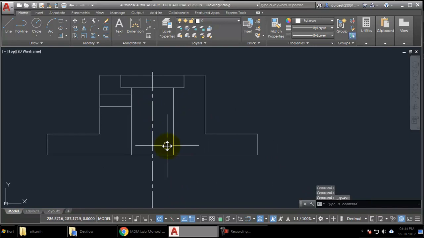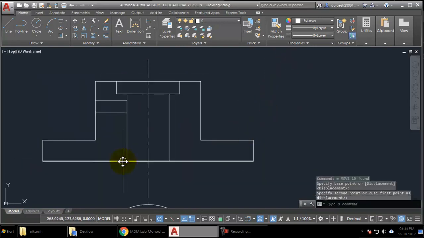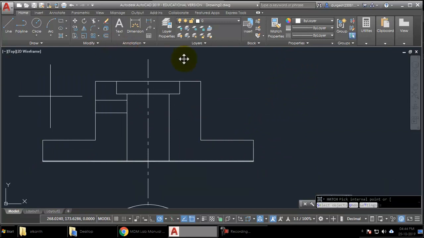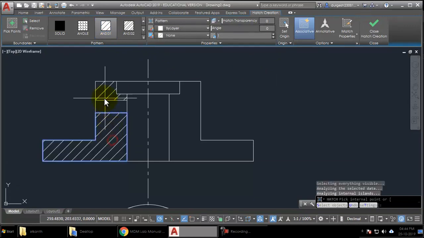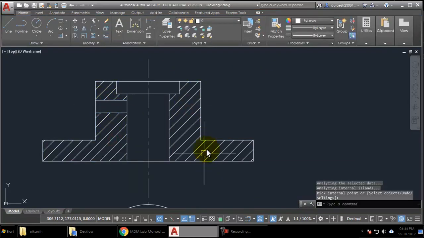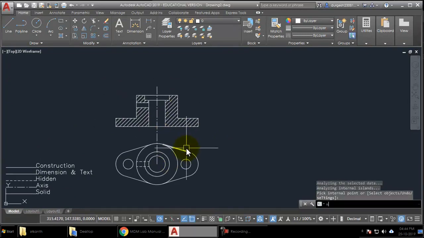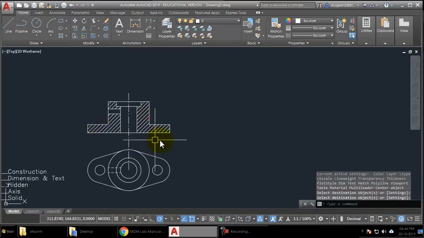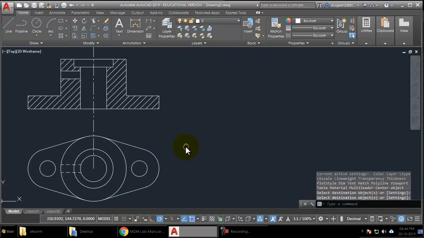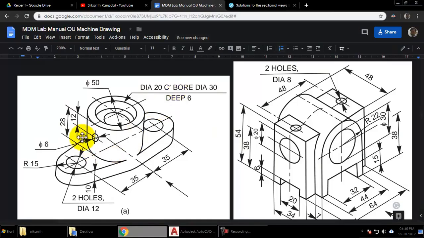Fine. So just to make it complete now, what you can do is make the hatch. So hatch, H, enter, and you have to choose ANSI 31 as the hatch pattern and hatch it. Fine. So this is the front view. So now what you can do is, for this hatch, match properties with the dimension text, so that it goes to the same layer as the dimensions, and its thickness, line weight and all will appear the same as the line. Next we have to do the left side view. So left side view means we are watching from this side and the view appears on the right side.